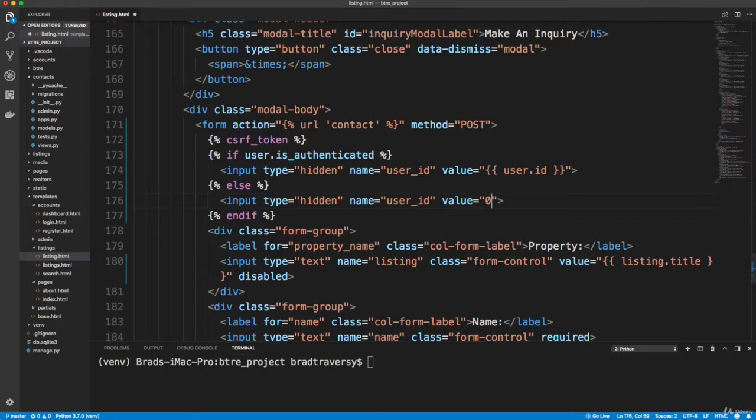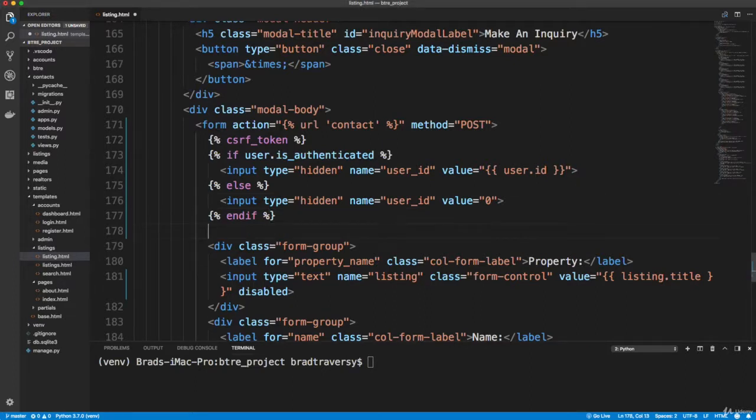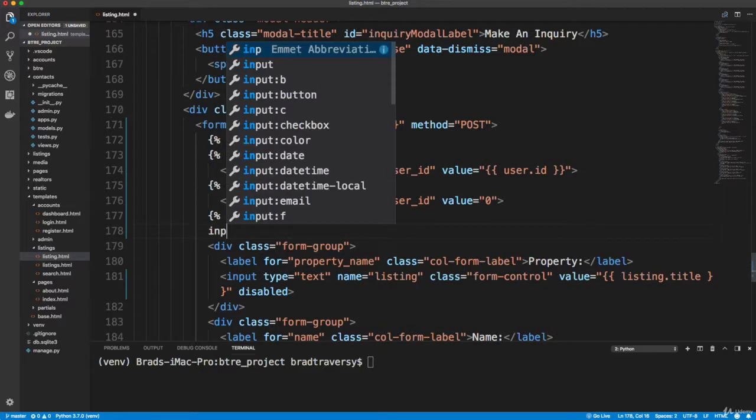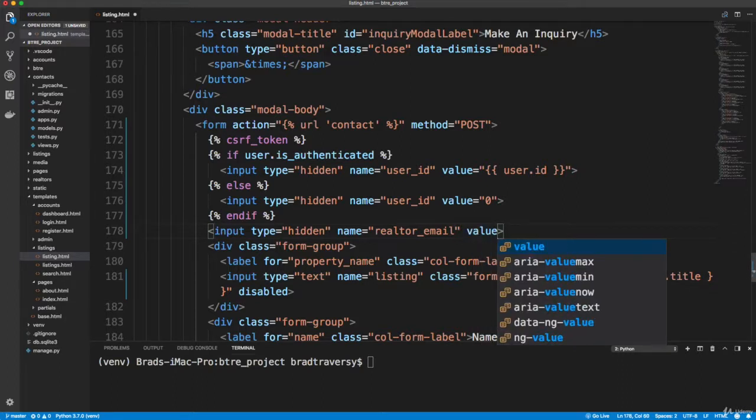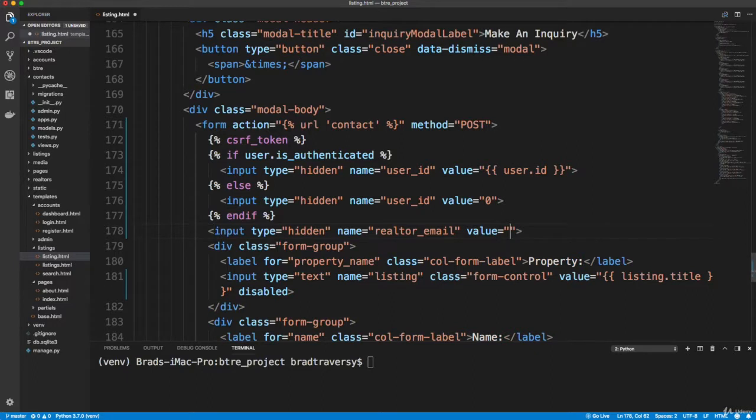So I also want to send along a couple other things. I want to send the email, the email of the realtor and the listing ID. And the reason I want to send the email is because I want to send the realtor an email when there's a new submission. So we're going to go right under the end if, okay, this shouldn't be in the conditional, and we want to put an input, okay, so this is going to be hidden again, and name for this is going to be realtor underscore email, and the value, okay, so the value is going to be